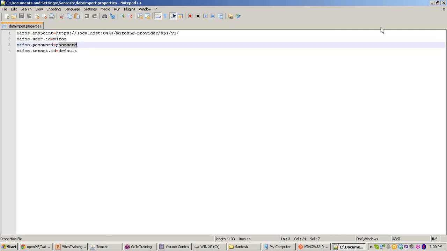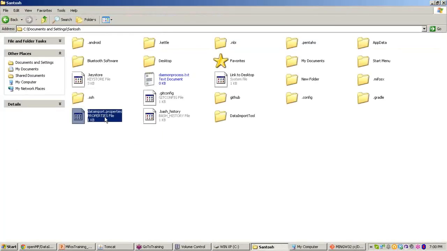Therefore any information present in this data import dot properties file must be kept confidential. This file must be kept either hidden or password protected.